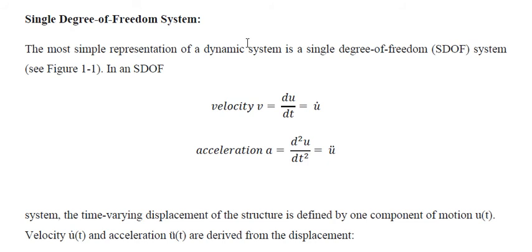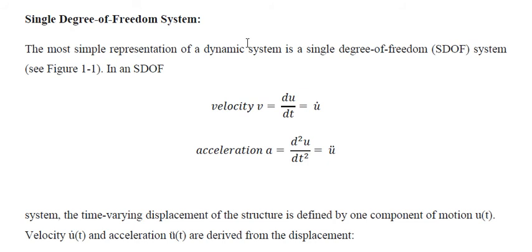Different amplitudes mean different displacements. If displacement is different, velocity will be different, and acceleration will be different. If acceleration is different, the natural frequency will also be different at different points of the cantilever beam. Such systems are called continuous systems, and the degrees of freedom will be infinite.